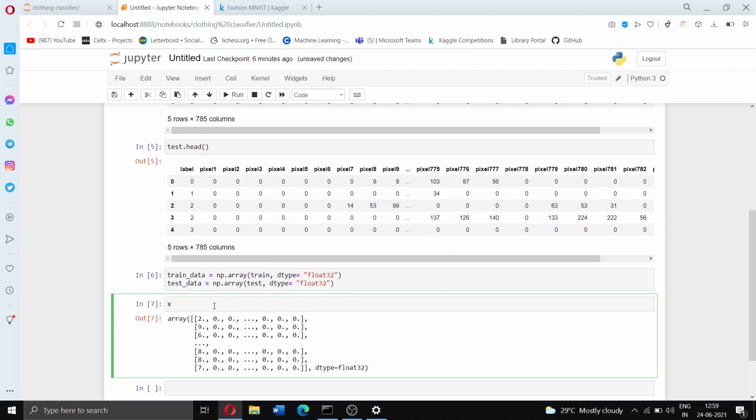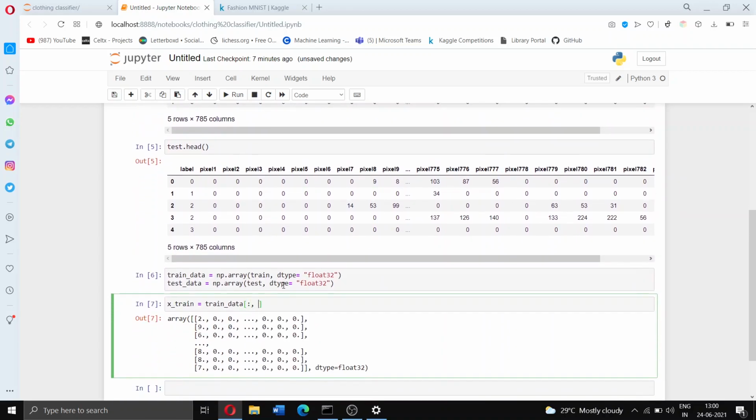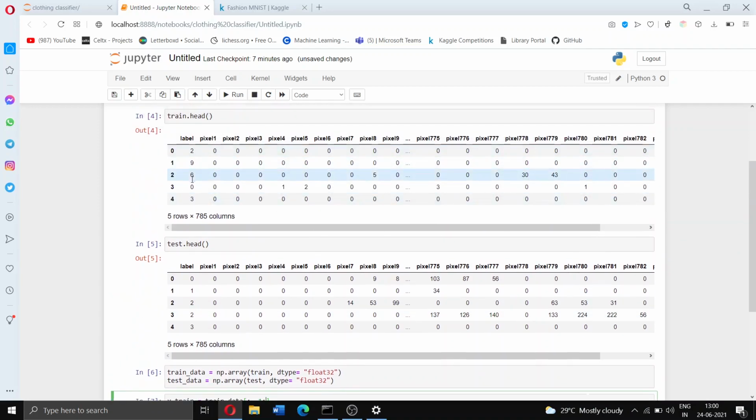So let's call this x_train, for example. Let's say x_train equals train_data, and so we take all the rows, right? We want to take every row, but for columns, we just want to take everything from the first column onwards. Remember, this is the 0th column, since it's Python.